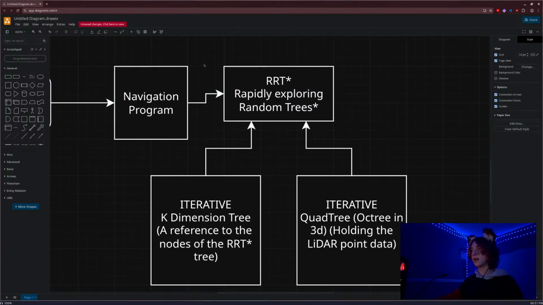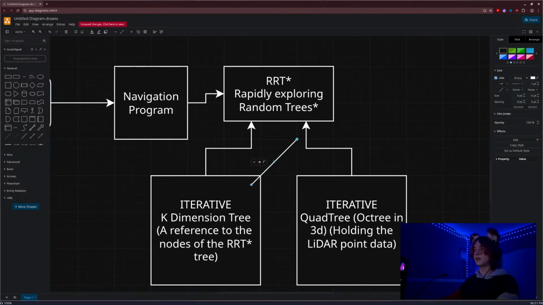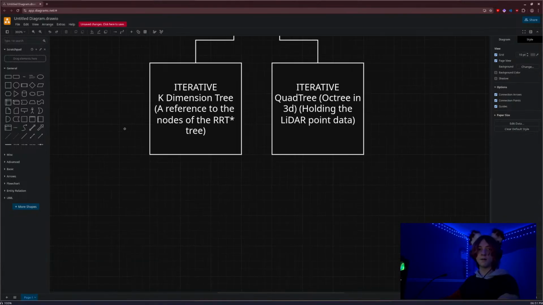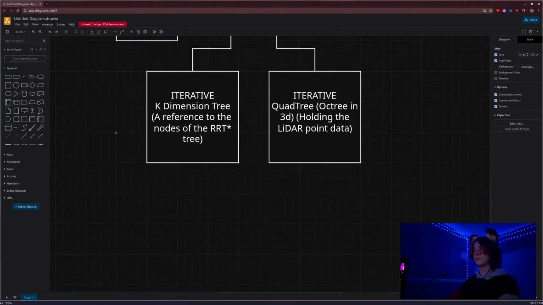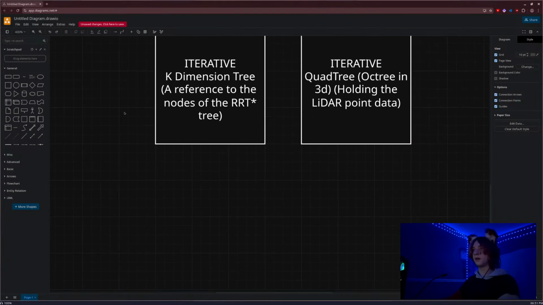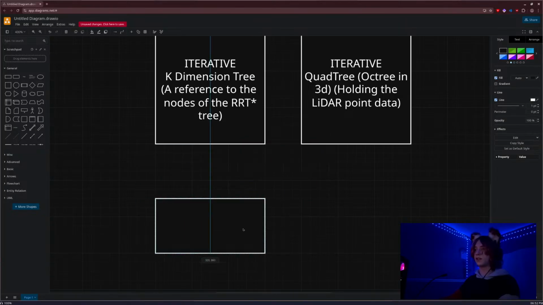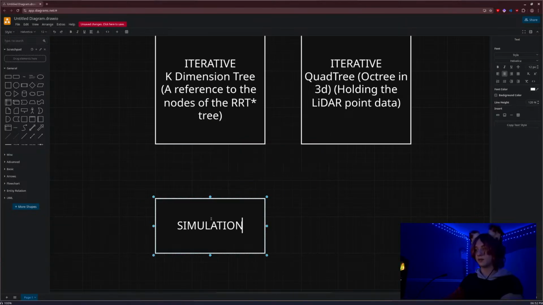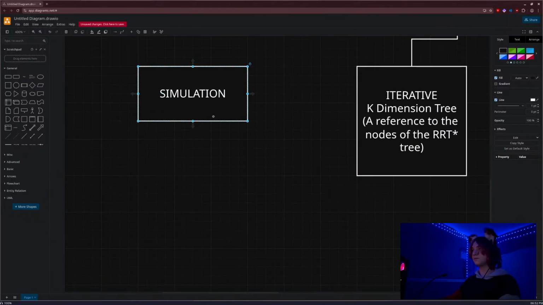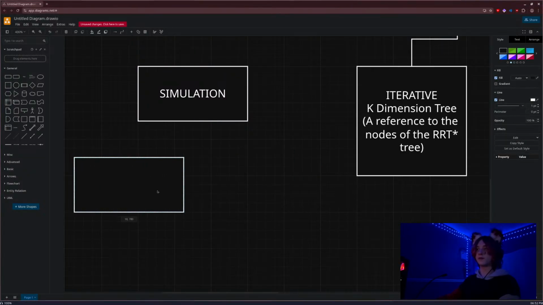So we're not worrying too much today. Rapidly exploring random trees isn't our focus. Our main focus today is probably going to be these, though probably not. For the simulation, the simulation is what we're making today. And so what do we have to worry about for the simulation? The simulation is going to be rendered